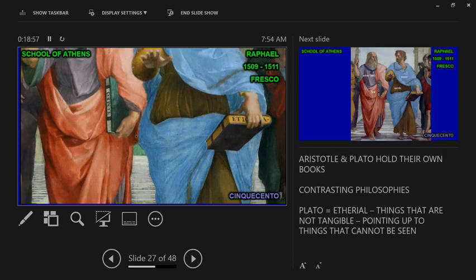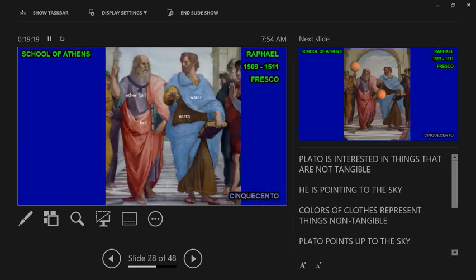Plato on the left liked things that were ethereal, things that are not tangible. Does everybody know what tangible means? Tangible means you can touch it, all right? So Plato liked more ideas, or things of the air and atmosphere, whereas Aristotle liked things that were tangible, things like earth and water, and even the